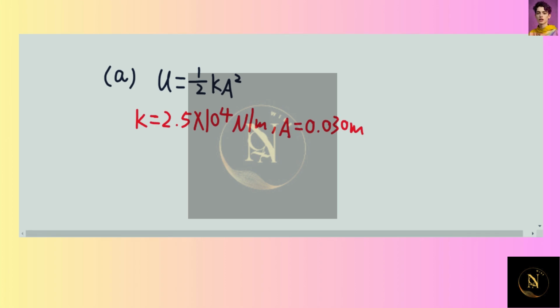Okay, so the total energy of a system can be equal to 1/2 kA squared in this case, okay? k is the spring constant, A is the amplitude. Therefore, let's try to determine the total energy of a system. We know the spring constant is equal to 2.5 times 10 to the power 4 Newton per meter, and the amplitude is 0.030 meter. So therefore, we have 1/2 times 2.5